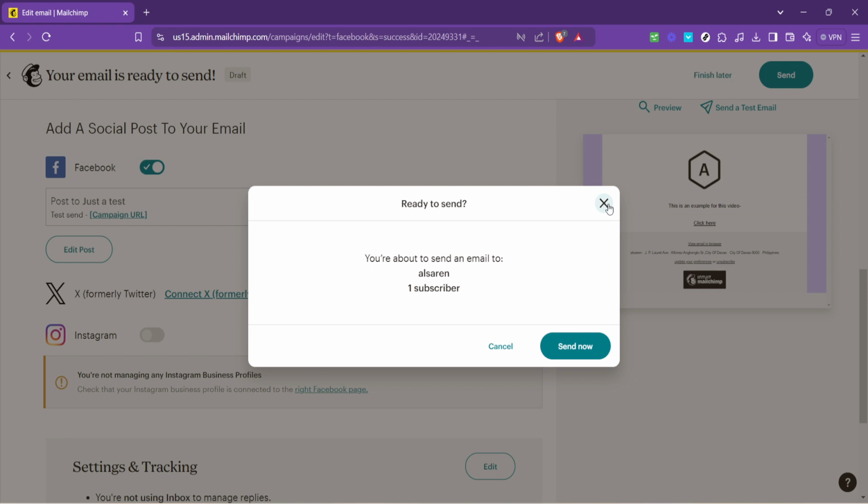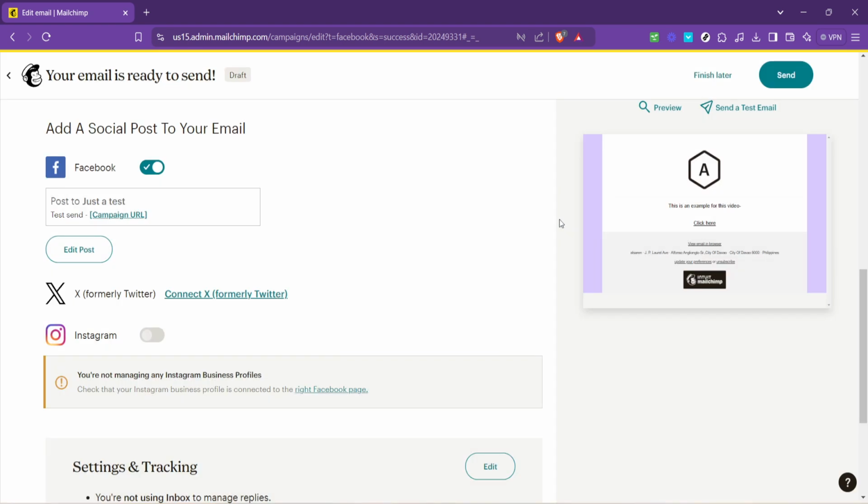And there you have it. A simple yet effective walkthrough on how to extend the reach of your MailChimp newsletters by sharing them onto Facebook. This method not only multiplies your audience reach, but also harmonizes your messaging across platforms, giving your marketing strategy a cohesive and unified voice. Remember, consistency is key in digital marketing, and by leveraging tools like MailChimp and Facebook together, you're poised to create a more engaging and interactive experience for your audience.